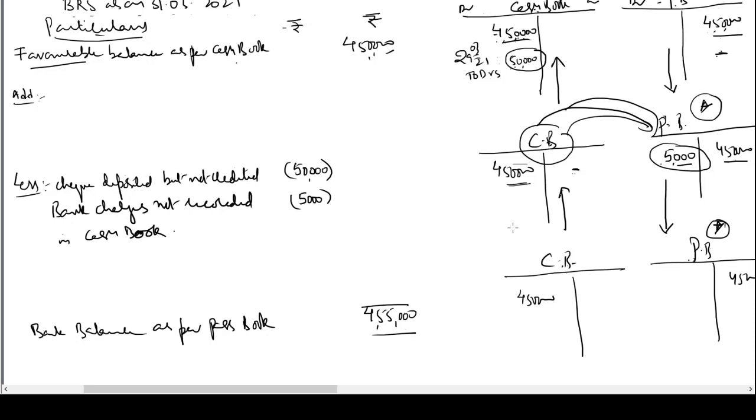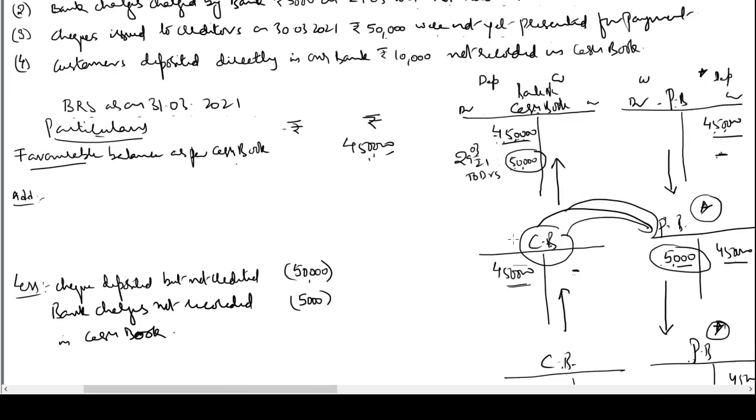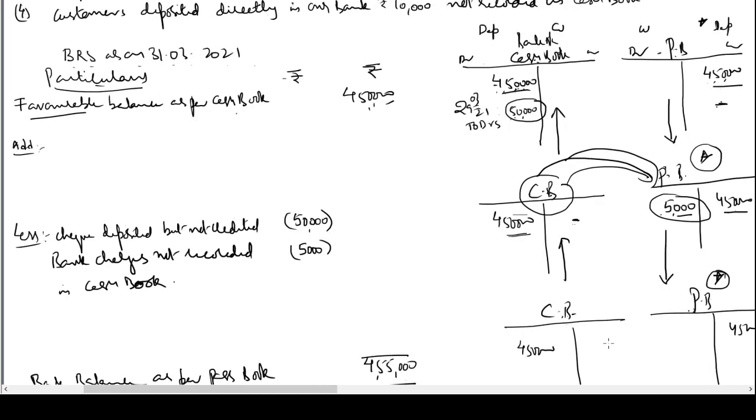So to keep track of the balance, I have to record the check issued immediately. On 30th March, I have recorded the issue of the check. It is a withdrawal. I'm issuing a check, which means money will be withdrawn from my bank account. So I put it on the withdrawal side.